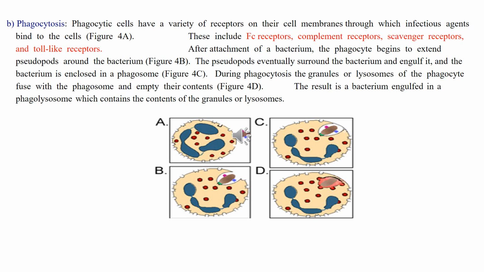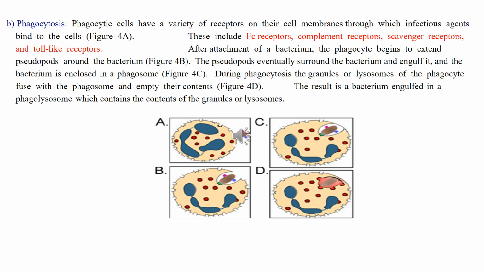Now we'll talk about some details of phagocytosis and killing of the microorganism. This process is called phagocytosis. Phagocytic cells have a variety of receptors on their cell membrane through which infectious agents bind to the cells. These include Fc receptors, complement receptors, scavenger receptors, and toll-like receptors. After attachment of the bacterium to the receptors,